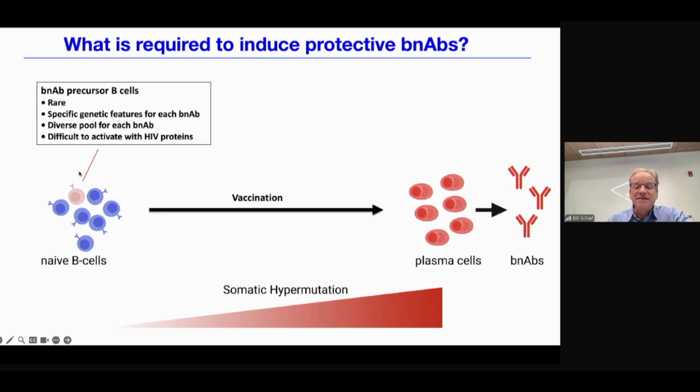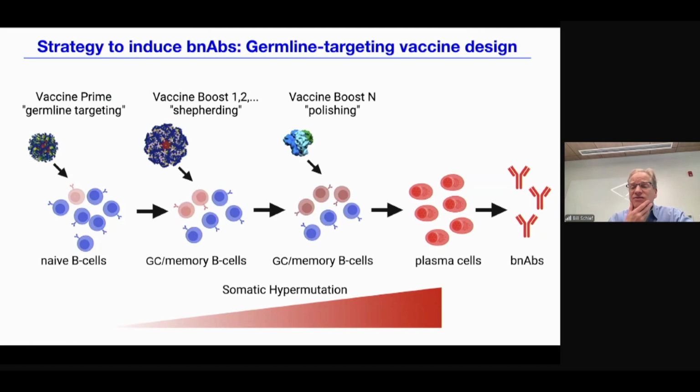And finally, these naive B cells are difficult to activate with HIV protein. So this is the view, and how do we solve this problem? The strategy that we and many others in the field are pursuing is called germline targeting vaccine design. And it really keys off the priming immunogen, and designing a priming immunogen that can find and activate those rare precursors and get them to mature at least a little bit and produce germinal center memory B cells that could